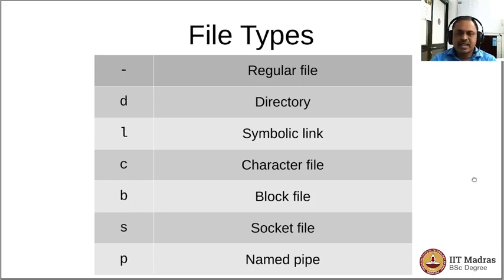Now the next character that you would be alerted about is L, which is a symbolic link. We have already seen that once. C indicates that it's a character file and B indicates it's a block file. So block files and character files are typically devices. So the character file would be the terminal typically, and the block file would be the hard disk, and we normally don't mess around with those files unless we know what we are doing.